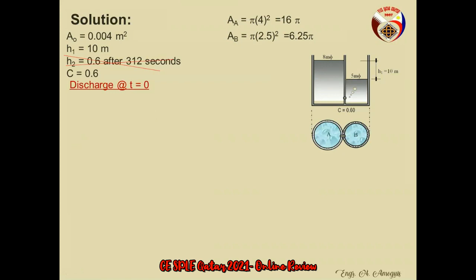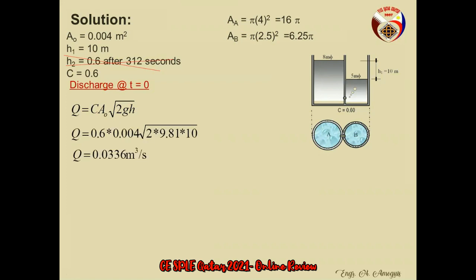So the formula for the discharge is just Q equals C times the area of the orifice times the square root of 2gH. C is 0.6, the area is 0.004, the height is 10 meters, then Q is 0.0336 cubic meter per second. So the second question is